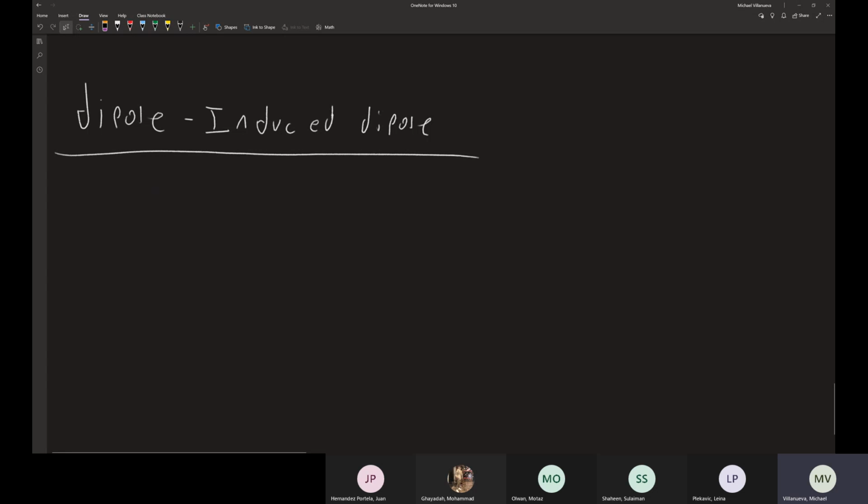So, question, do any of you know what induced means? If you are to induce something, it's not a chemistry term, by the way. If you are to induce something on something, you are essentially forcing something on it. So for a dipole induced dipole, it means something